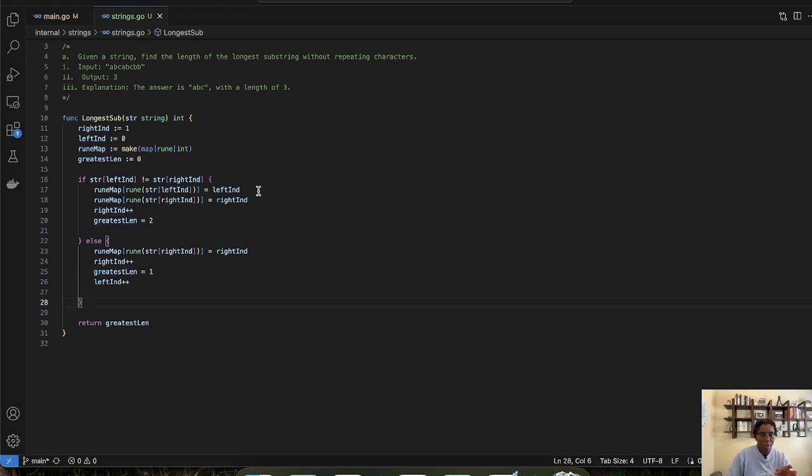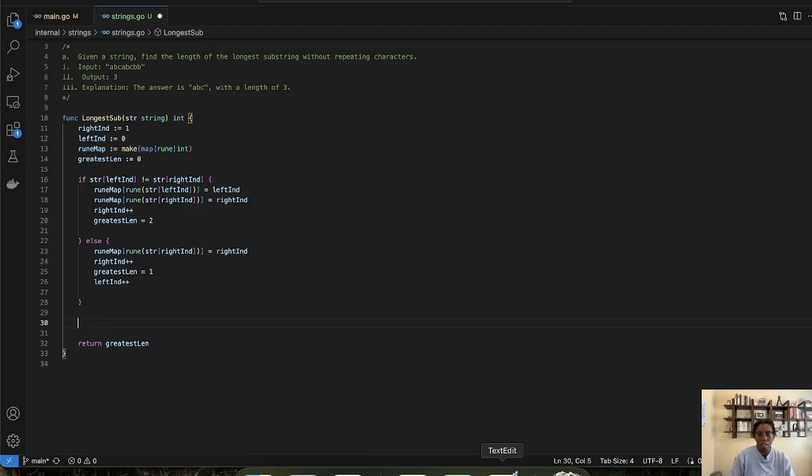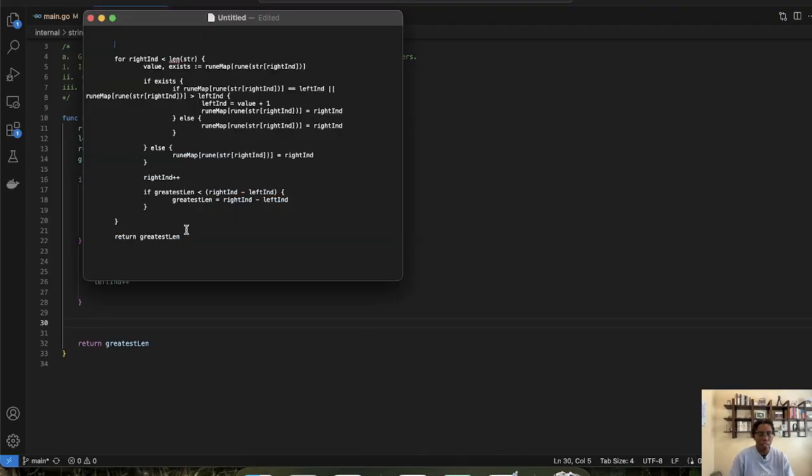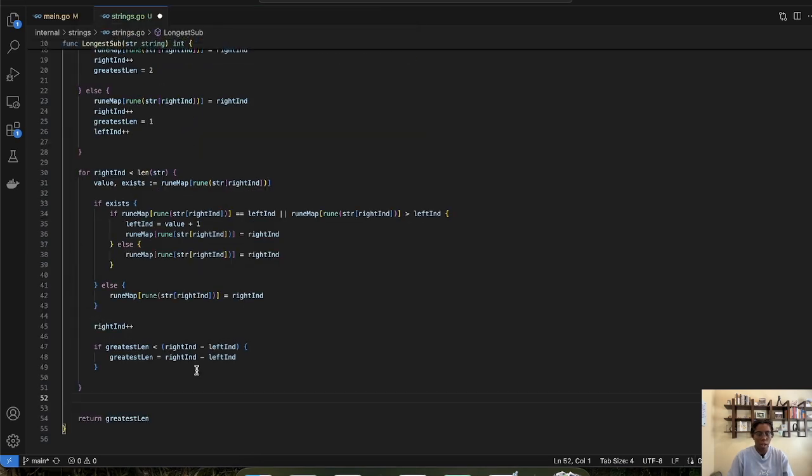But to pick up, we pick up from where, if they do not match, we place those into the map as I just did, and then we would increment the right index and set the greatest length to 2, because we already know that these two are not equal, so that already sets up the length for our greatest length starting out. Now we're going to continue to move through this, and the rest of this is just going to be us moving the right index